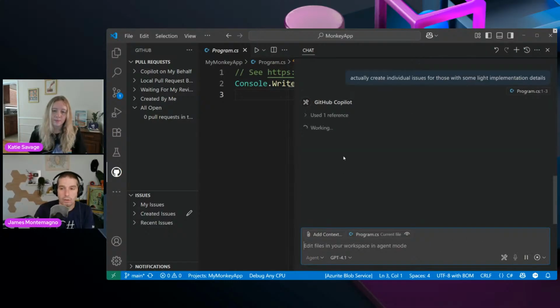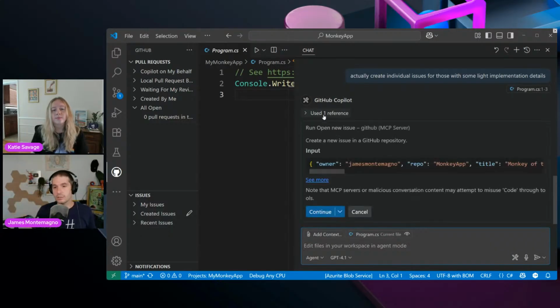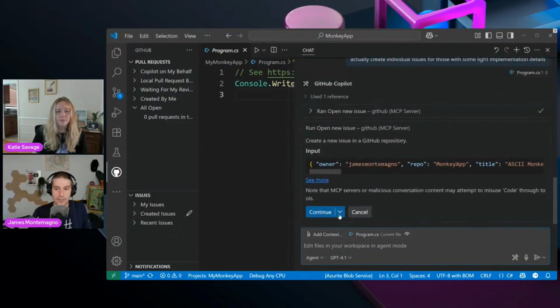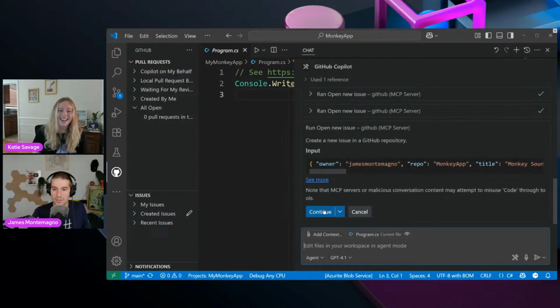Okay. So now I'm just working, I'm jamming on it. I'm like, oh, I have this idea. So now it's going to go off and use the reference, and it has the chat history, right? So I don't really need to do some stuff, but now it's going to go off and create a bunch of issues. I don't know how many it's going to create here, but it's going to do a bunch.